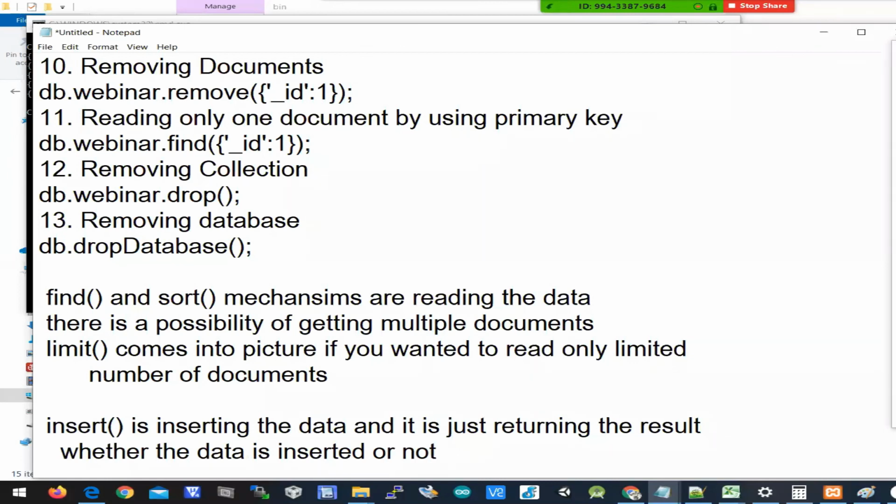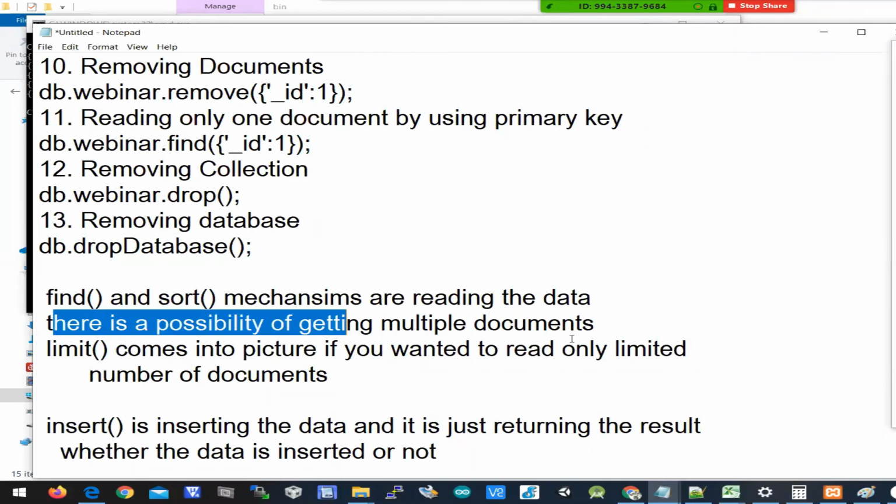So insert is not returning multiple documents. For insert you don't have to put limit, but limit is important when it is returning multiple documents.